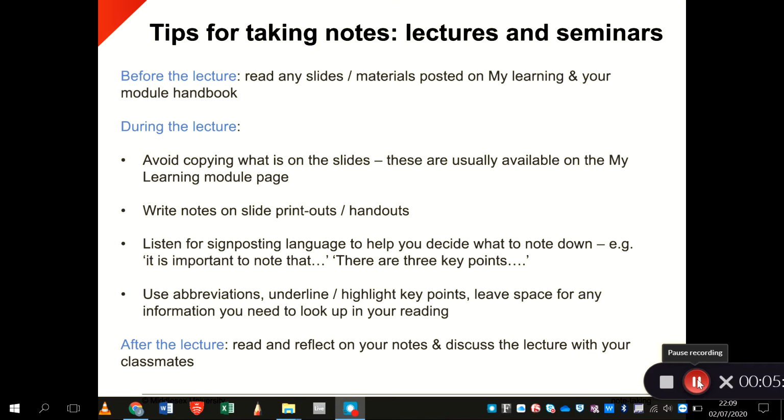So when we look at lectures and seminars, you're looking at different stages of taking your notes. The first stage is before the lecture, the second stage is during the lecture, and the third stage is after the lecture. Before the lecture is, again, the question of preparing your materials, it's preparing your thoughts for taking notes. So that's linked really to what I said earlier about finding the information in your handbook, My Learning, and other places at UniHub. During the lecture, you want to avoid